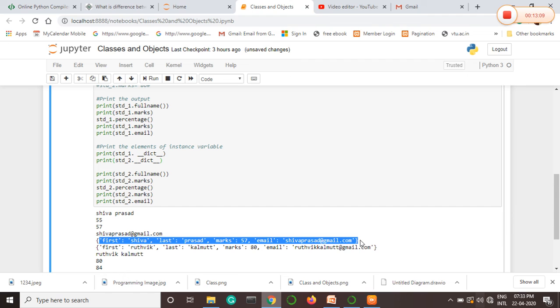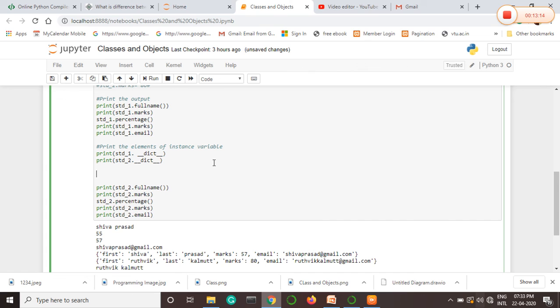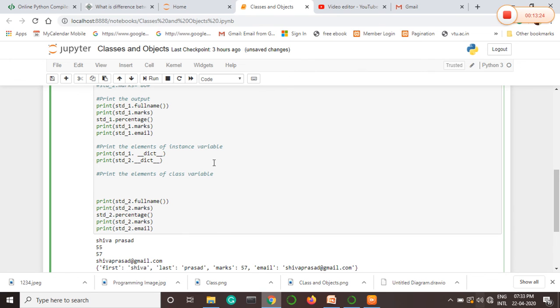In order to access the key elements of the class variable, for example, in order to print the elements of the class variable, we have to use print with open bracket, instead of std_1 or std_2, since percentage is defined as a class variable inside the class, we have to use Student.__dict__, and when you run this particular program,